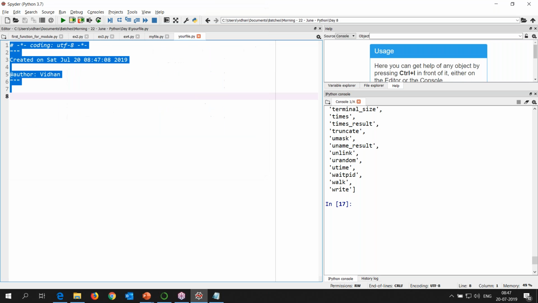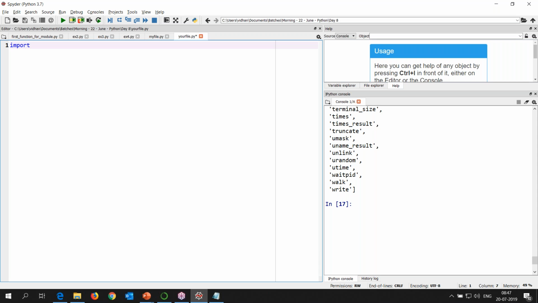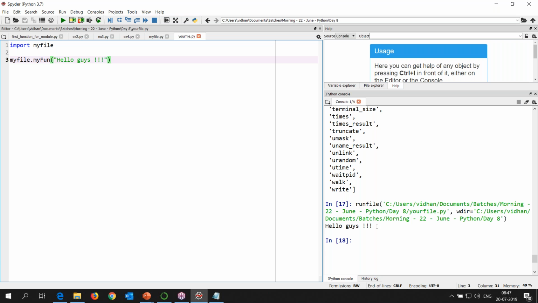your file. Okay, I'm going to import my file here. Any way you want to import. So I'm using selective import, dot my file. Hello guys. Okay, so this is how you basically work, right? If I run this, it'll get hello guys. It's a very simple module which has only one function and a very simple way of calling it